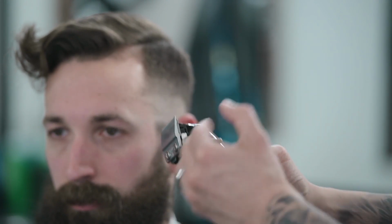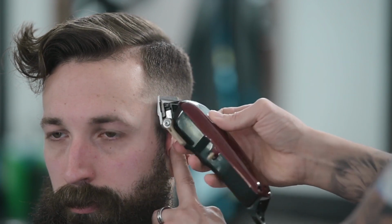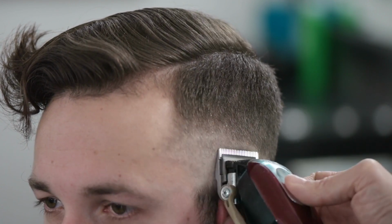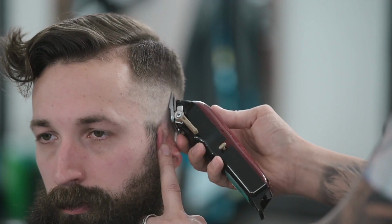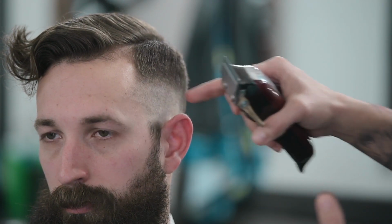I just want to show you an experiment here. I want you to see what happens when we have it opened and we run this up after using the technique I just showed you. So it's opened all the way, nice and flat. Do you see the line that we're gonna have to get out? That line right there, that's a shadow, that's not even a line. We're not gonna have to put up a fight. We're not gonna have to battle this to get this faded. Because of the technique that I just showed you, is now gonna make your job so much easier to get